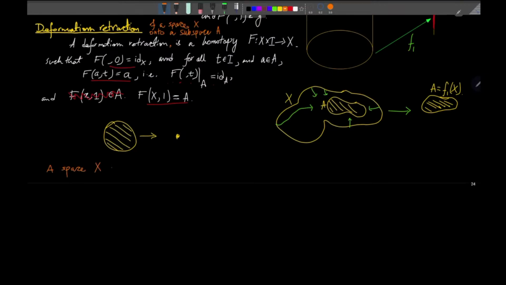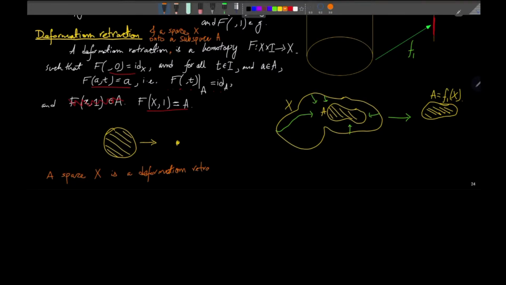A space X is not just a retract, but a deformation retract of another space, let's say Y, if, for some inclusion map J from X to Y,